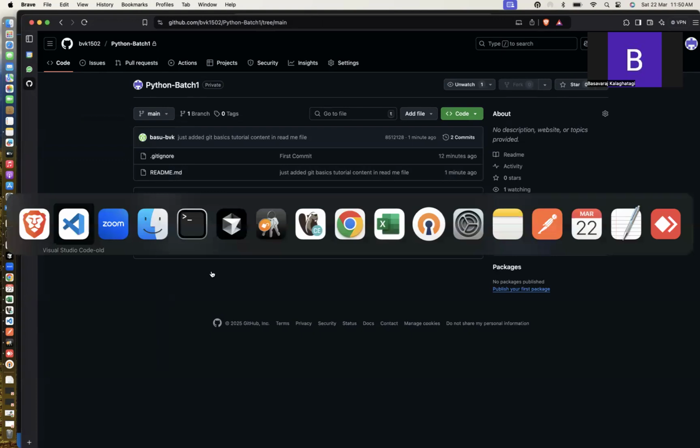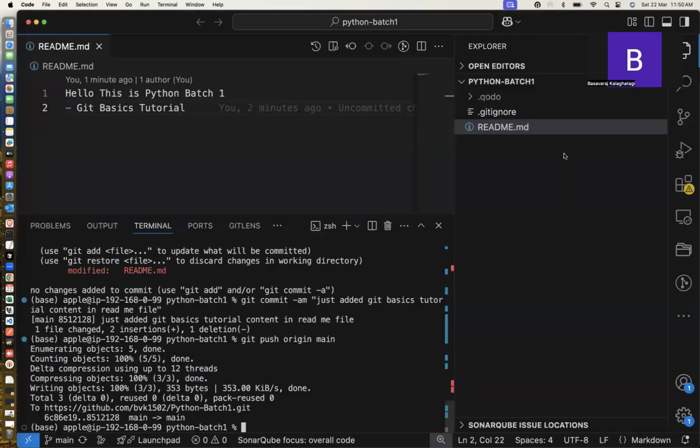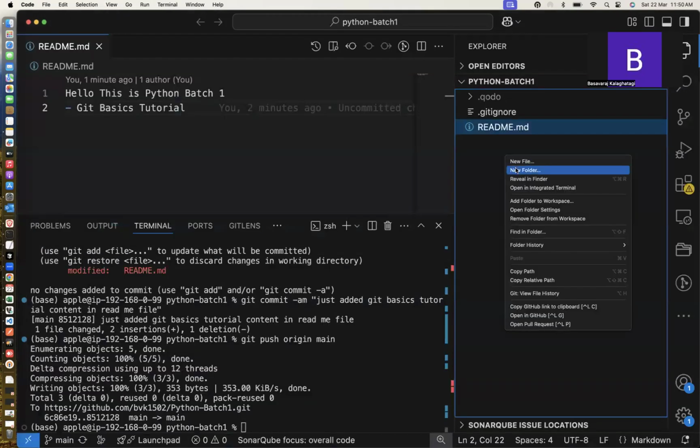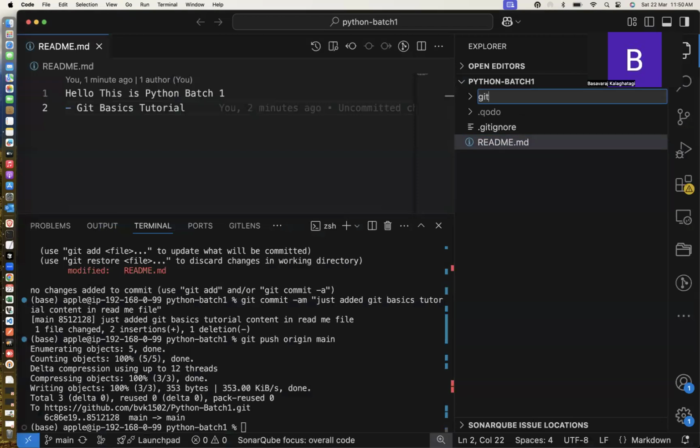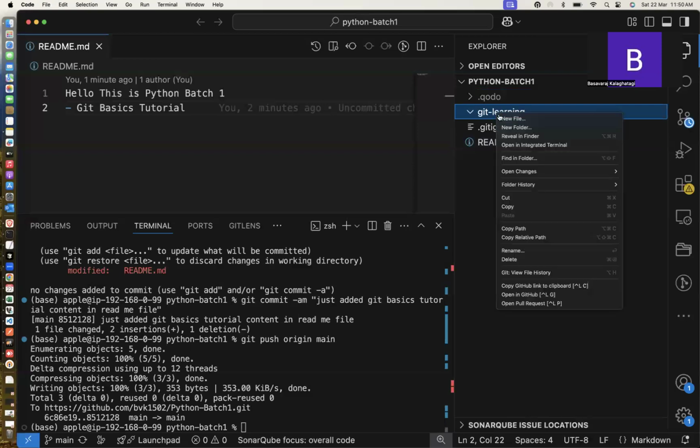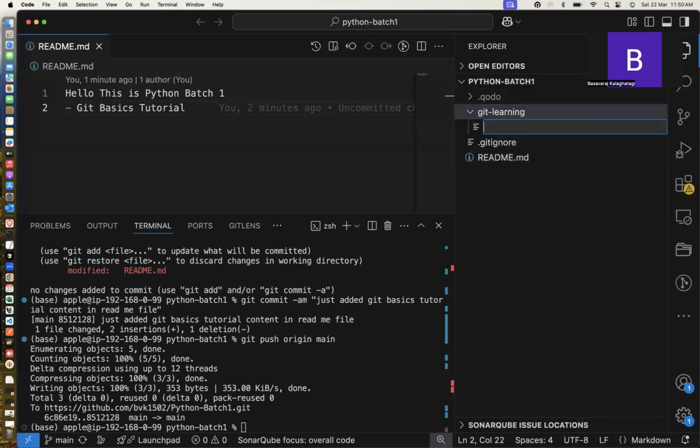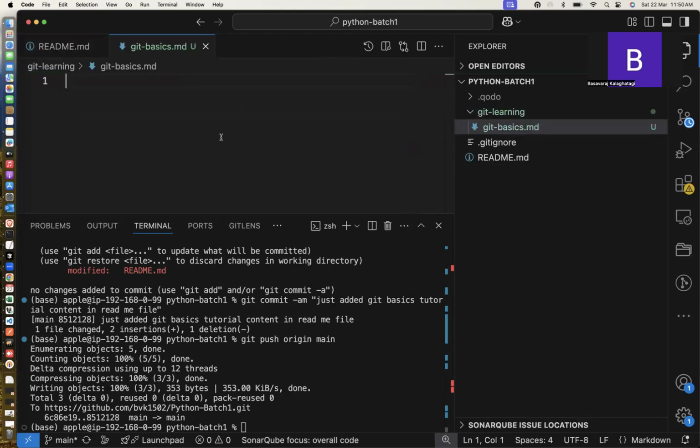So now what I will do, I will start creating the folders. Okay. Now I will create Git learning. In this learning, I will create some content. Okay. Git basics dot text. Even I am fine with MD also. Okay. In this Git basics,